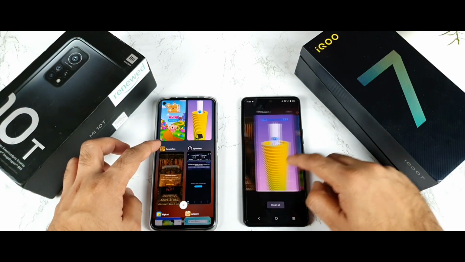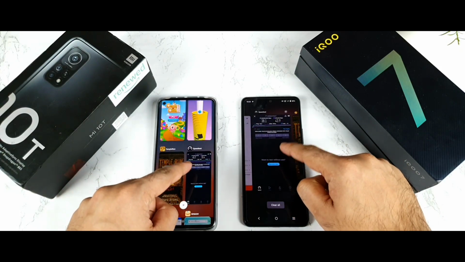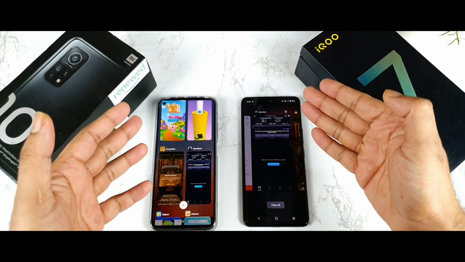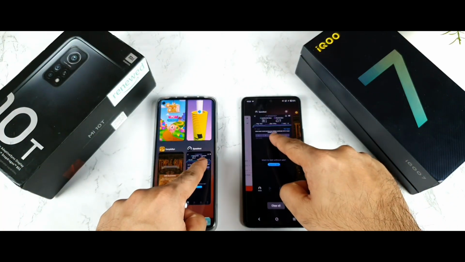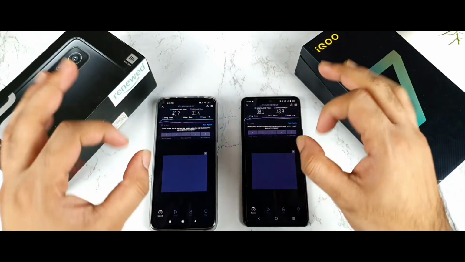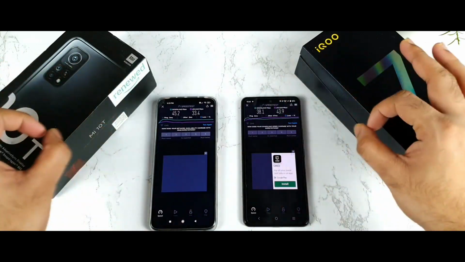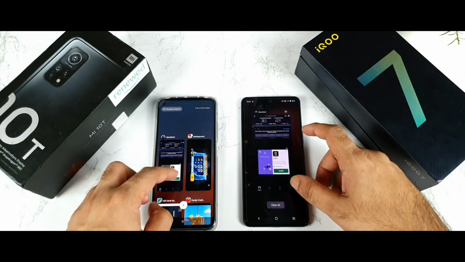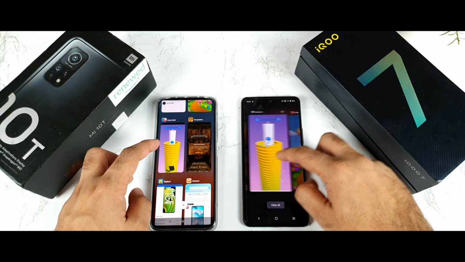So let's start with the applications, which is a speed test application, right? You can actually see the results in the background. Okay. Now let's start. 1, 2, and 3. Boom. So both phones did keep it in the background. No problem. It did not get refreshed. That's kind of fantastic.